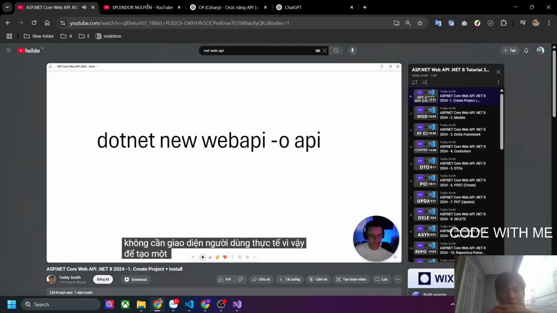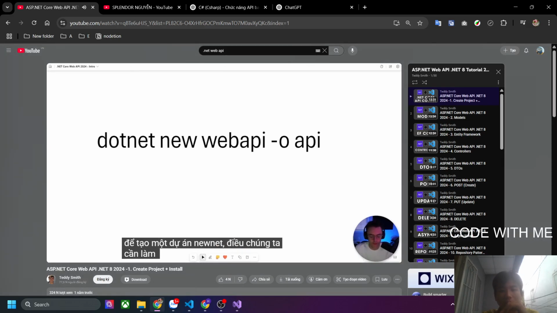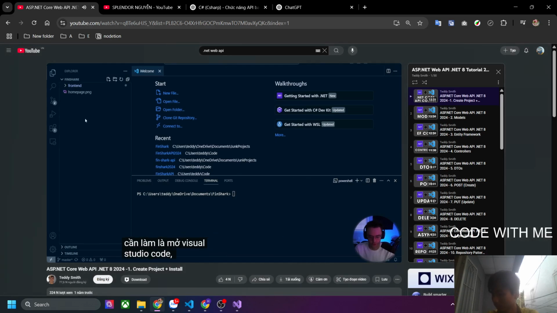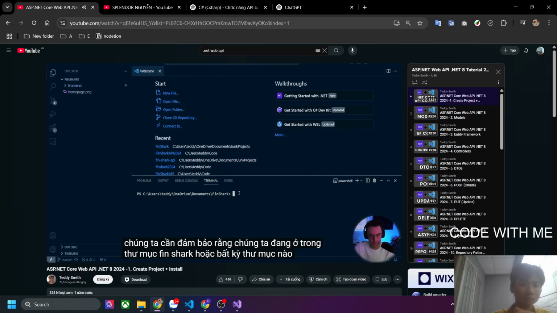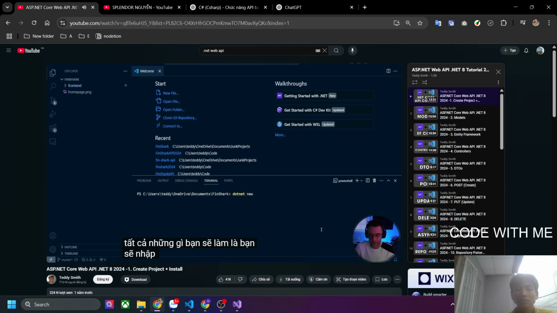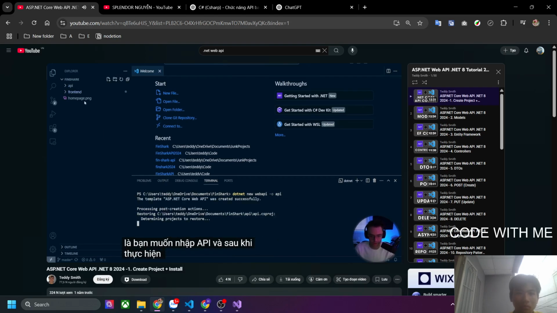So in order to create a new .NET project, we need to open up Visual Studio Code. Then we need to make sure that we are within the FinShark folder, or whatever folder you created for your project. And all you're going to do is type in dotnet new webapi -o, and then we are going to type in api. What the -o means is that it's going to actually name the folder. If you just type in dotnet new webapi like that, it's going to dump all the contents in the folder, and it's not going to look as good, I think. And once you do that, you're going to see